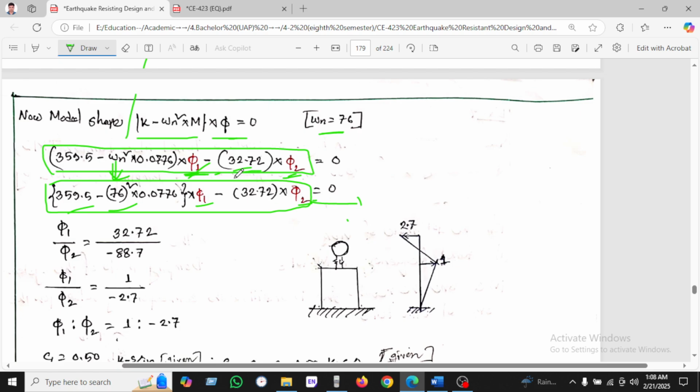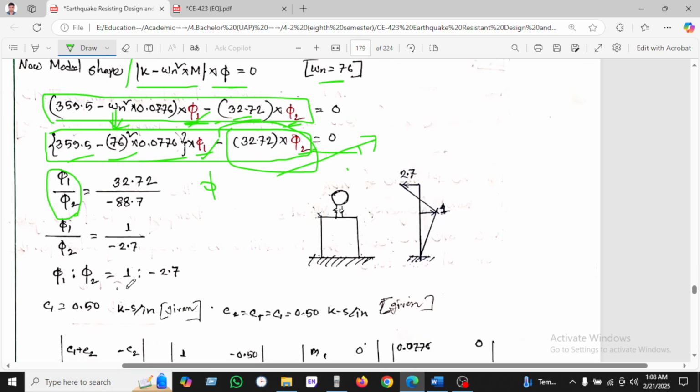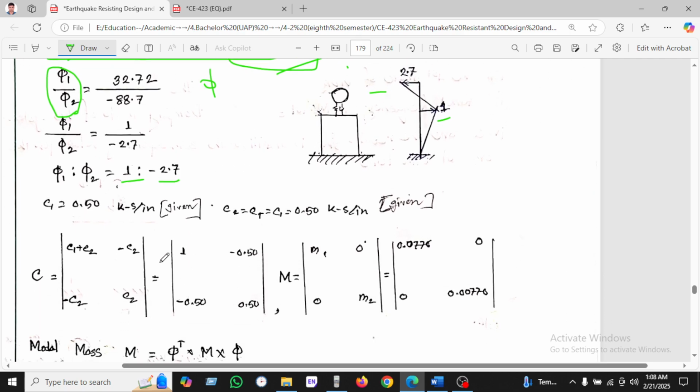So we're not equating. Thus, if we take the right side, it will be like this, and we are taking the proportion of psi 1 phi 1 divided by phi 2, which is the shape factor. We have seen that 1 is 2 minus 2.7. These are 1 and minus 2, the reverse direction. So these are what we have found here, and now we'll calculate the C. C1 is given in the equation, and